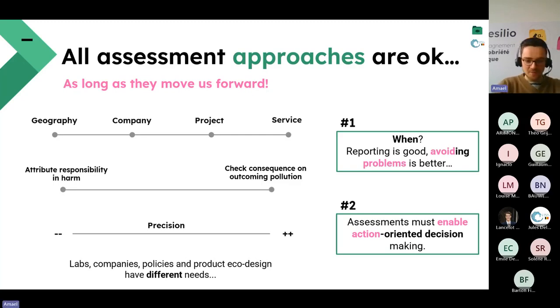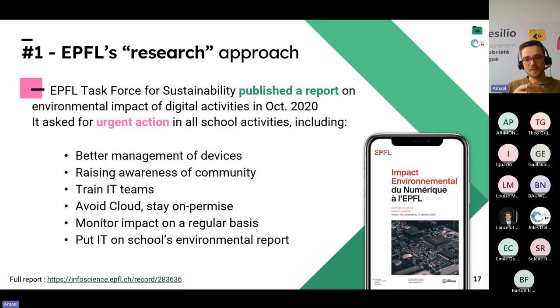So all of this is a bit abstract. So, going through a first example: EPFL is a research center, kind of like the University of Louvain or whatever large university, based in Switzerland, in the French-speaking part in Lausanne. They made a task force that published a 30-or-so-page report on the environmental footprint of digital activities